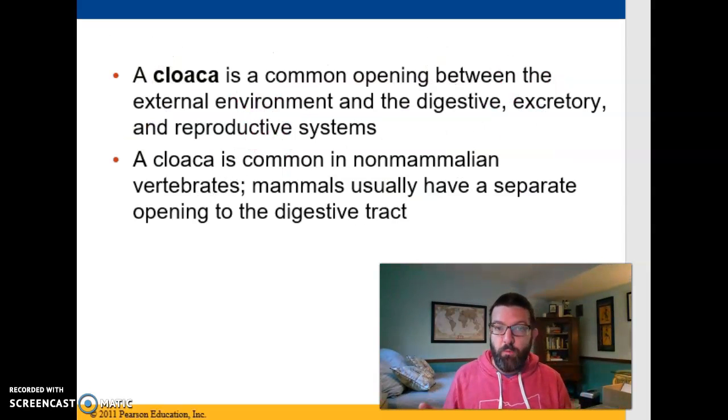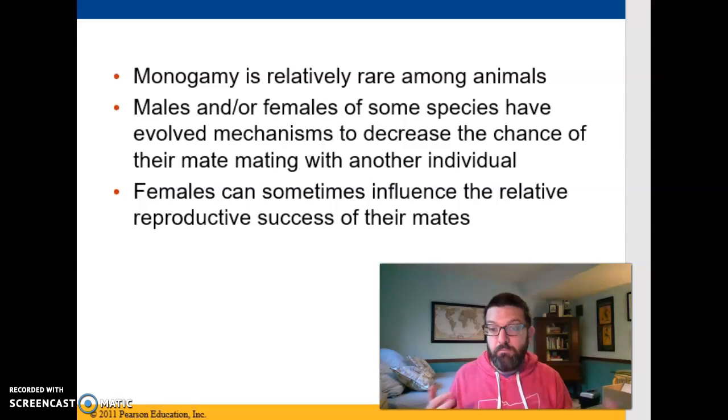Reproductive tracts have to have an opening, whether you have internal fertilization, in which case that opening is going to allow sperm to come in, or external fertilization, in which case it's just going to allow you to lay an egg, essentially. You have to have an opening. And a lot of organisms have a common opening between the reproductive, excretory, and digestive systems. So pee-pee, poo-poo, and eggs. And that common opening is called a cloaca. You see this in insects often, in reptiles, and birds. And in most animals, monogamy, which means